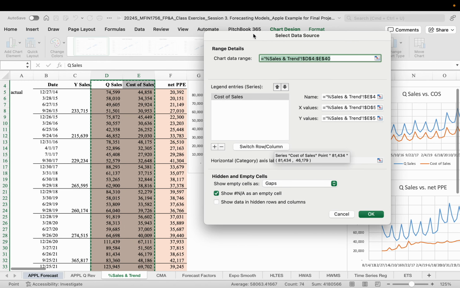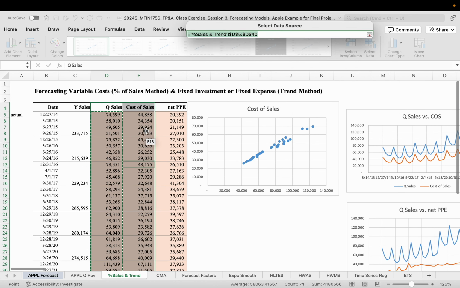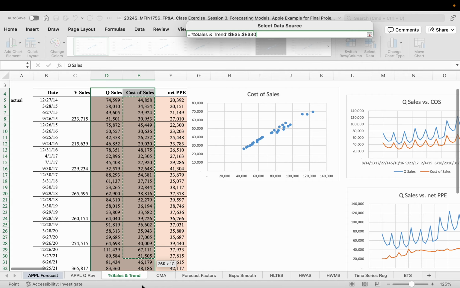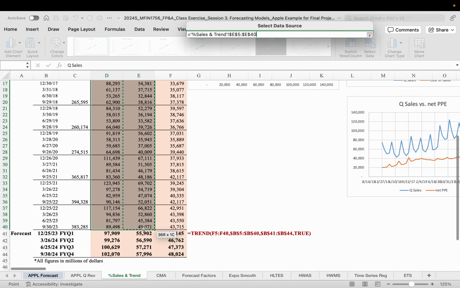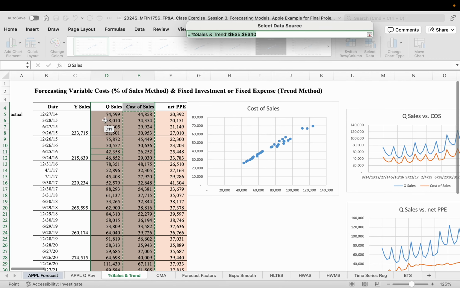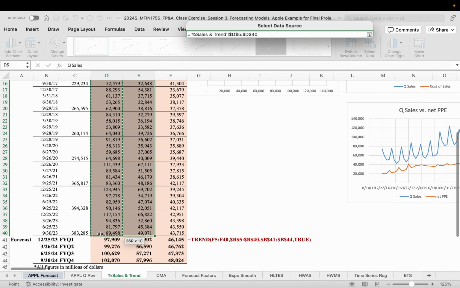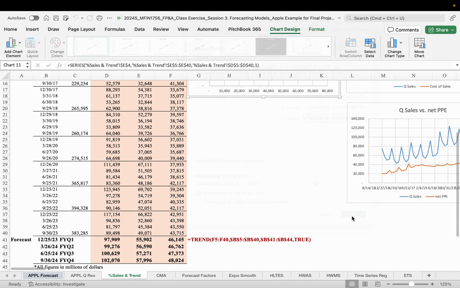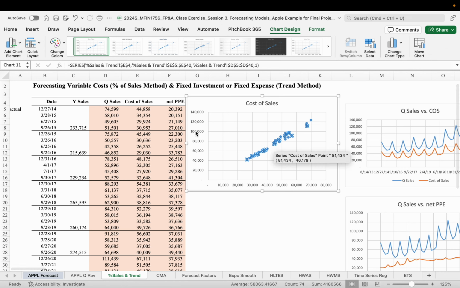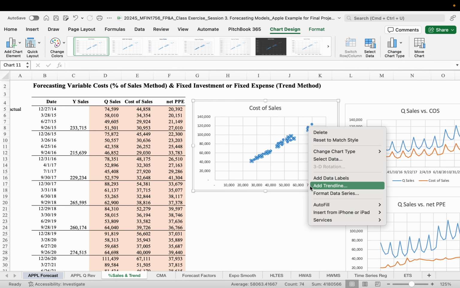So let me just revise this. The x-axis is now the cost of sales, and the y value is now the quarterly sales. Okay, now the y-axis is the sales, and the x-axis is the cost of sales. Click any dot, add the trend line,